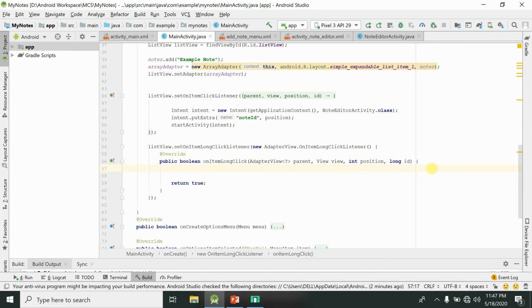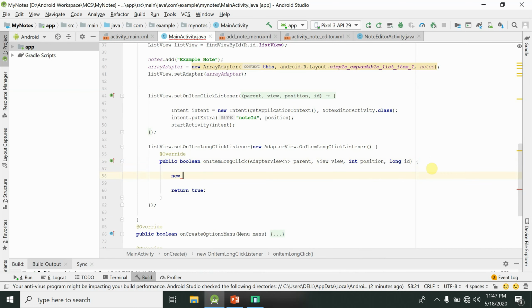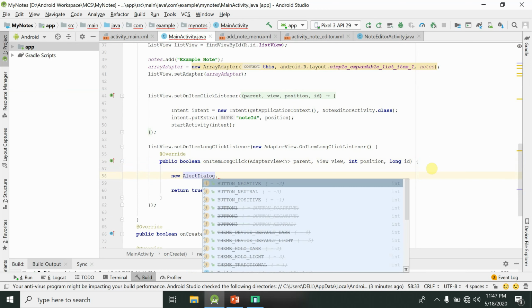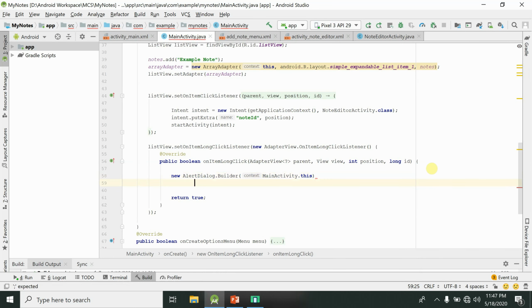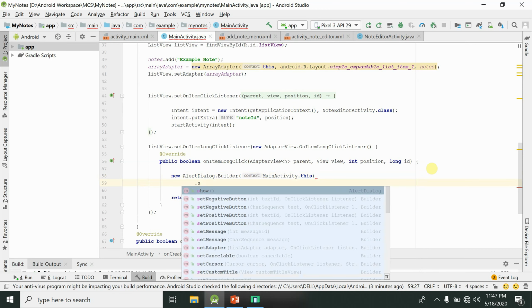So here I'm going to create an alert dialog box. An alert dialog box is, you can say, a window that appears on your screen. So builder, and pass it main activity as a context dot this, and now we have to add some information, like what will be the icon.